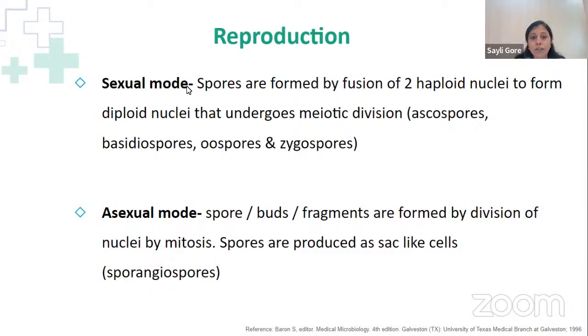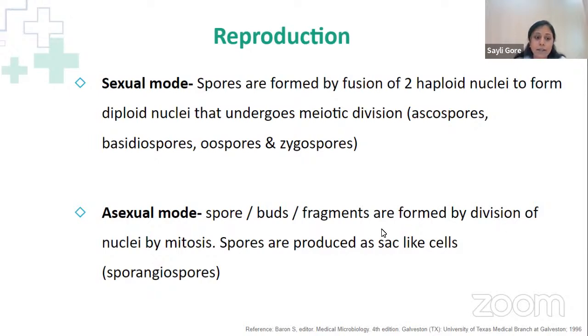In sexual mode, the spores are formed by fusion of two haploid cells to form diploid nuclei that undergo meiotic division. So what is meiotic division? It is basically when the chromosomes in the parent cell divide two times to form four haploid daughter cells, four single daughter cells. Then asexual mode is where there is a formation of spores, buds or fragments,